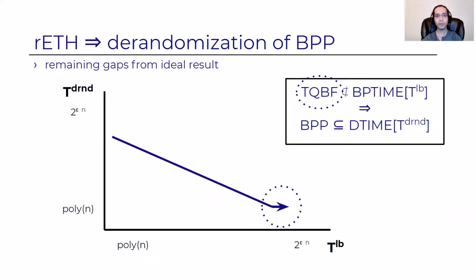And before moving on to the proof, let me just mention the remaining gaps between our result and the ideal result that we'd like to get. Well, first, we handle hardness of the form 2 to the n over polylog n, but we don't handle purely exponential hardness 2 to the epsilon n in terms of the input length, which we ideally expect to give a fully polynomial time simulation of BPP. And also, and maybe more interestingly, the function that we assume hardness for, TQBF, is in PSPACE, whereas ideally we'd like to start from hardness for a function that's computable in exponential time.